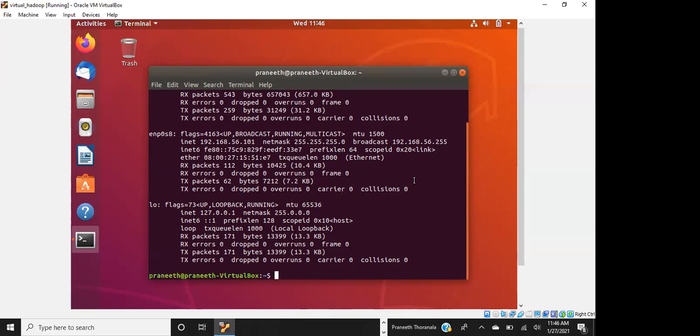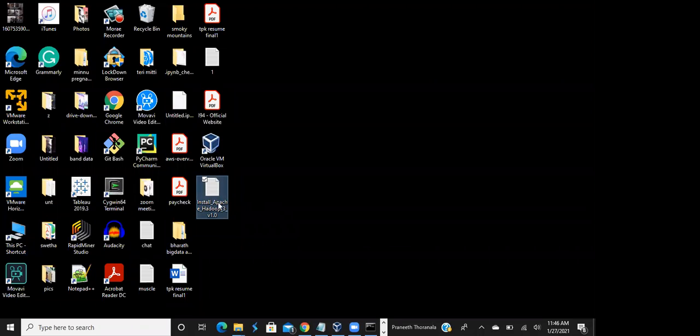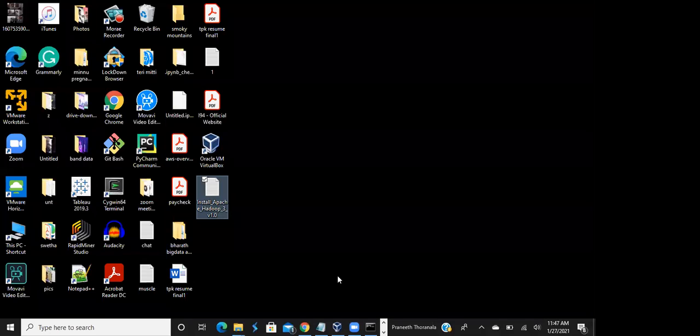And also do one more thing. When you get time, just download that file. I sent it in mail also, I guess. You can download it and keep it in this Ubuntu as well, so that if we are not able to connect from Windows, we'll directly do it from here itself. Which file, sir? The same Hadoop file. Oh, you mean Apache Hadoop, this one? Yeah, I sent this file in mail also. Connect your Gmail inside your VM and you can download that file and keep it there. Okay, got it.